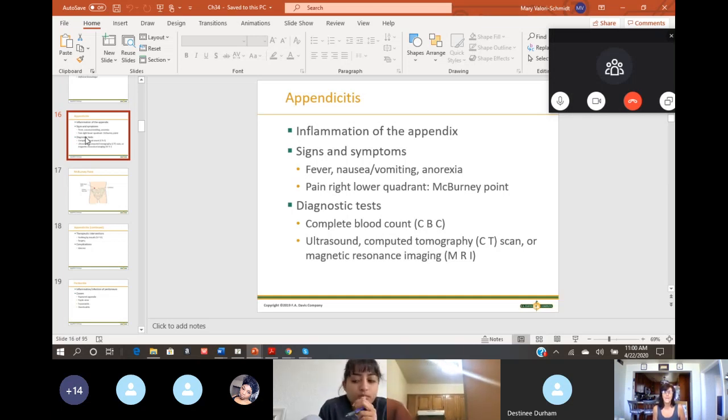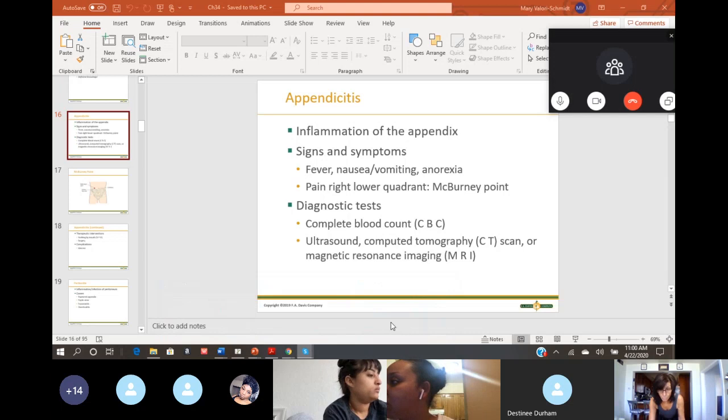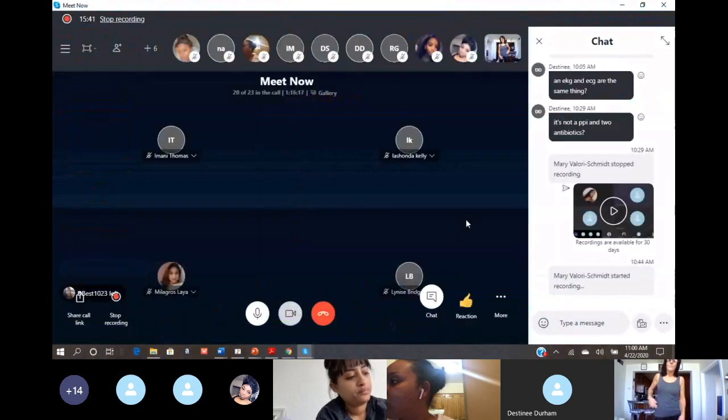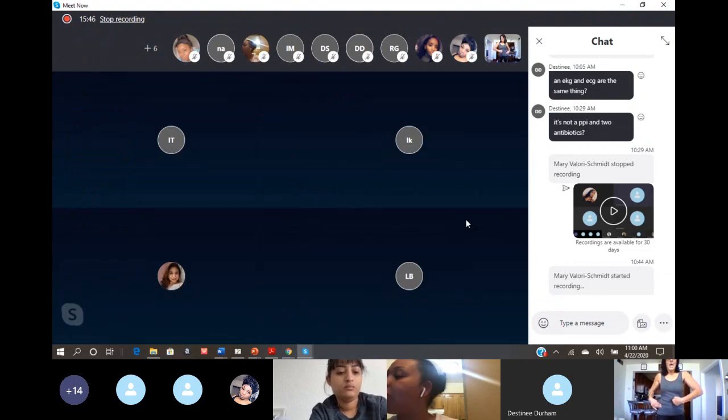One of the biggest signs is pain, right lower quadrant. You need to know McBurney's point, okay? And McBurney's point is, I want to make sure that you all can actually see me while I'm showing you. So, McBurney's point, you find the patient's right iliac crest and the patient's umbilicus, and it's midway between the two. Right lower quadrant, it's right there. That's McBurney's point. If the patient has pain,